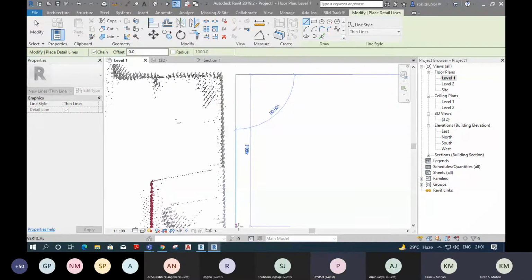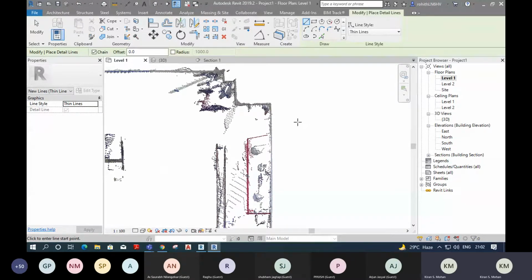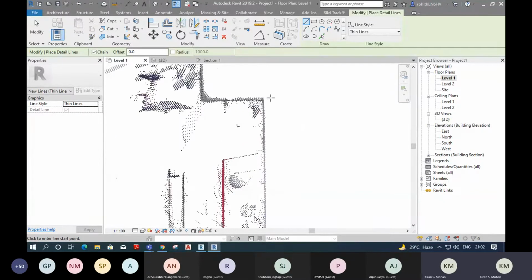In that case, either you can take data from the client, like they will have some old drawings or something. Otherwise, you can ask your clients to measure the data from the site. If you are working from a remote location, or if you are on the site, then you can go to the site and measure the thickness. These are the only practical options. Otherwise, with the client's approval, you can give a default value like 200 mm or 230 mm to the walls. That's also possible.